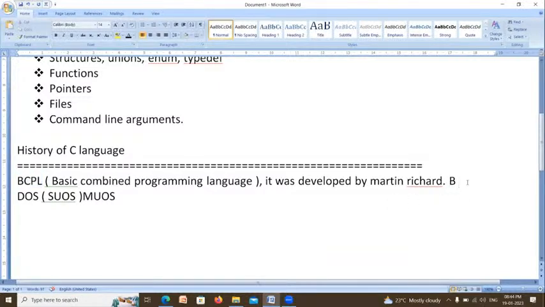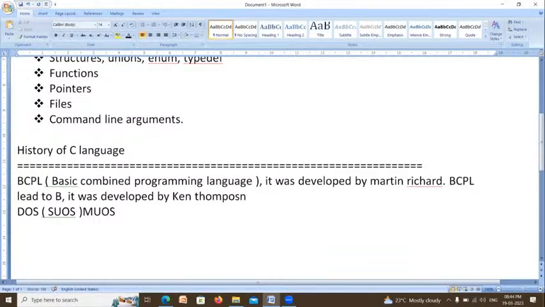We have to write like this: BCPL led to B. It was developed by Ken Thompson.